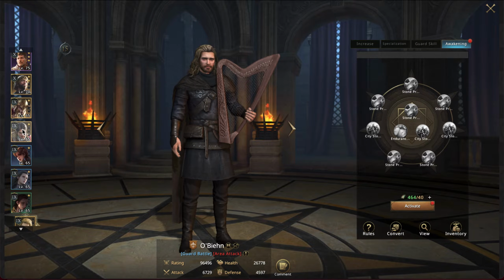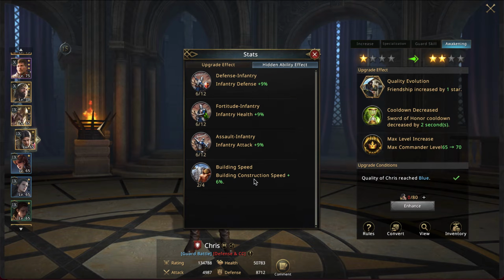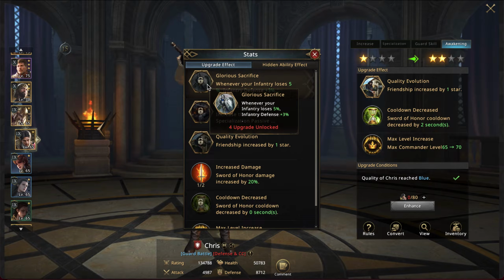Okay, so some of the other ones we have. We have Chris. Chris is another good one if you're an Inf castle. He's giving lots of Inf stats. That's going to be good for you. And his passive is just kind of whenever your infantry loses 5%, you gain actually 3% defense. So that's definitely good. Basically going to give you more Inf stats, but only really helpful if you are an